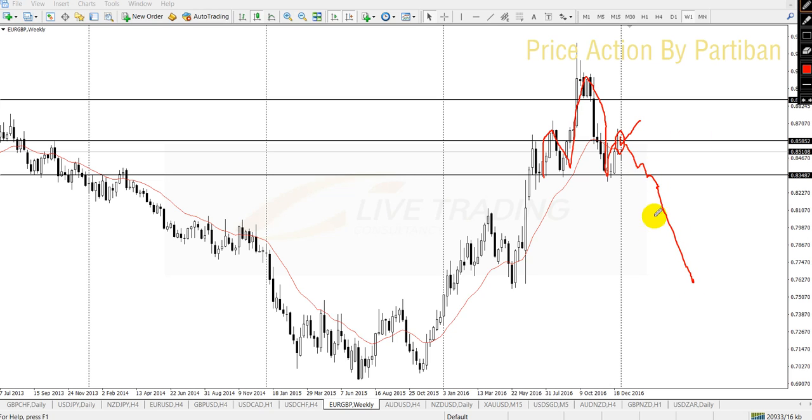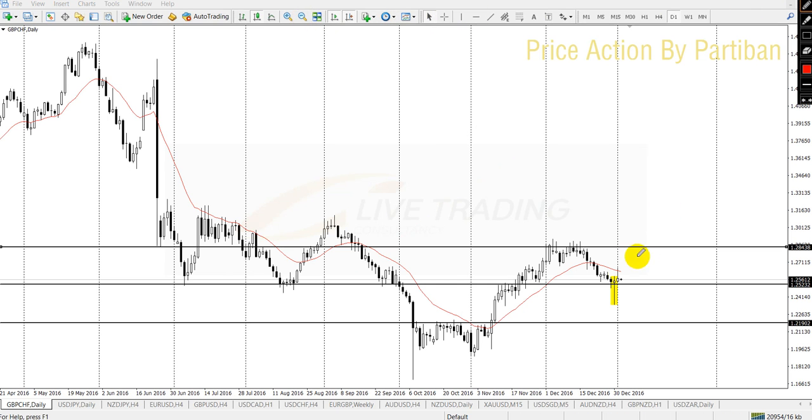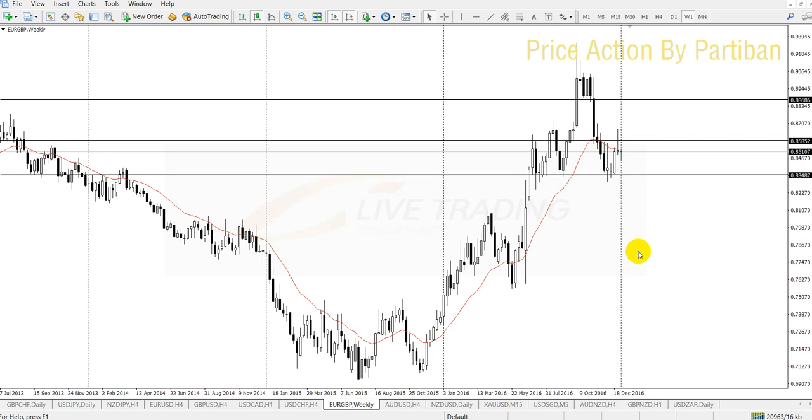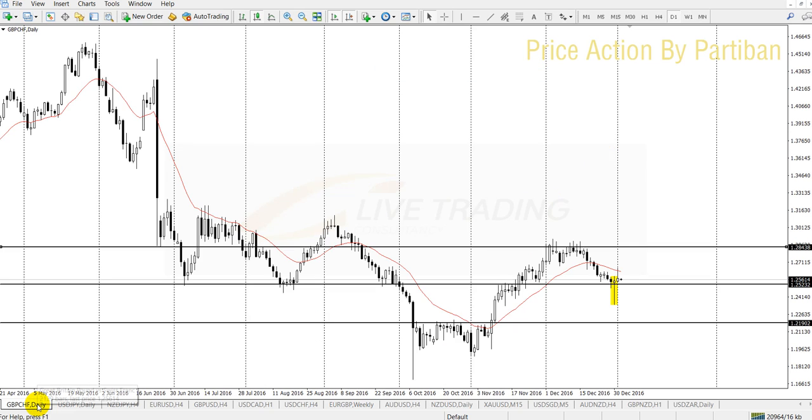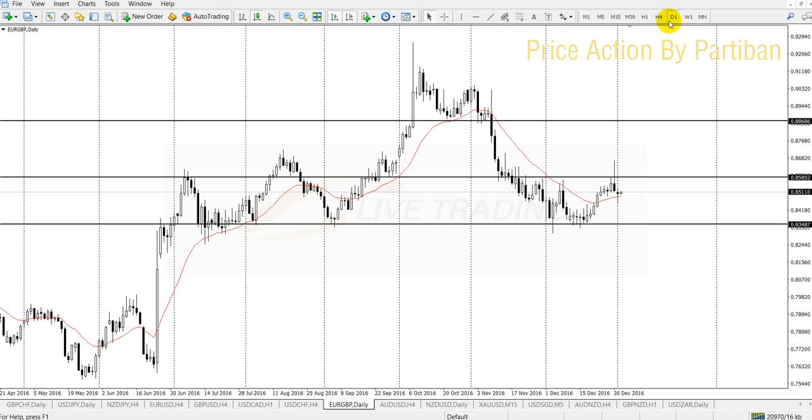If at all the market happens like this, pound sterling is appreciating, euro is weakening. But when you look at the GBP Swiss franc, there's a sign of pound sterling appreciating. So if at all pound sterling in Euro GBP appreciates on the weekly chart, then we will feel the gap of Brexit. So this is on a weekly chart. You guys got to, probably it might take about 2 months, 3 months,